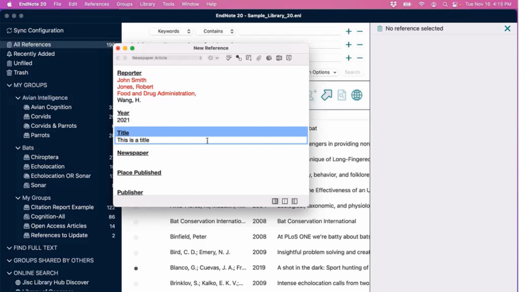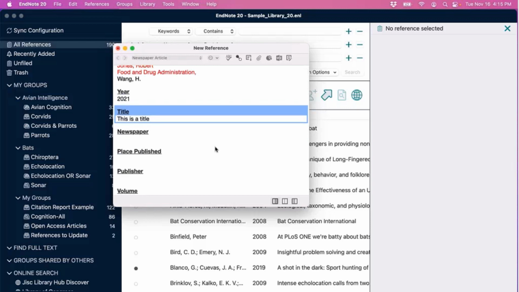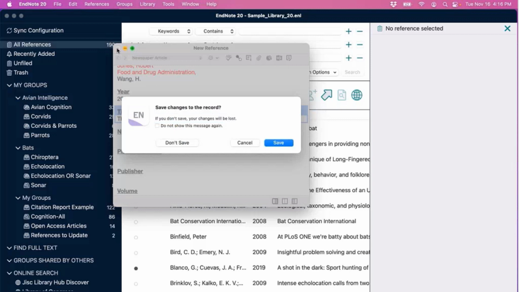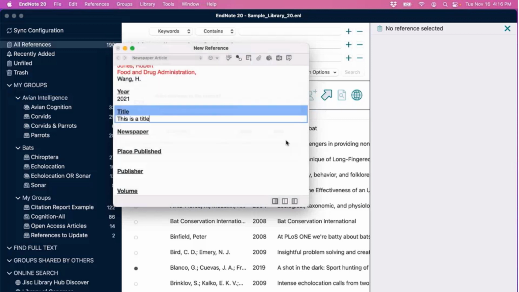We don't have to populate every field here. At the very least, you would want to populate the fields that you would like to include in your formatted bibliography, and you can always come back and add additional information to the reference in your library at any point. So this is enough just for our test here. So what we're going to do now is just close this reference by clicking the little red button in the top left. We'll be prompted to save the change, and if we say save,